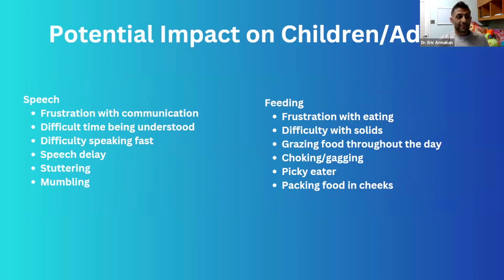Impacts on children and then going into the adults. So for speech, we see frustration with communication. We see difficult time being understood. Sometimes patients have a difficult time speaking fast. They can have speech delay. There can be stuttering, mumbling, specific sounds, and enunciation that can be challenging. THs, Ls, Ws, Rs,